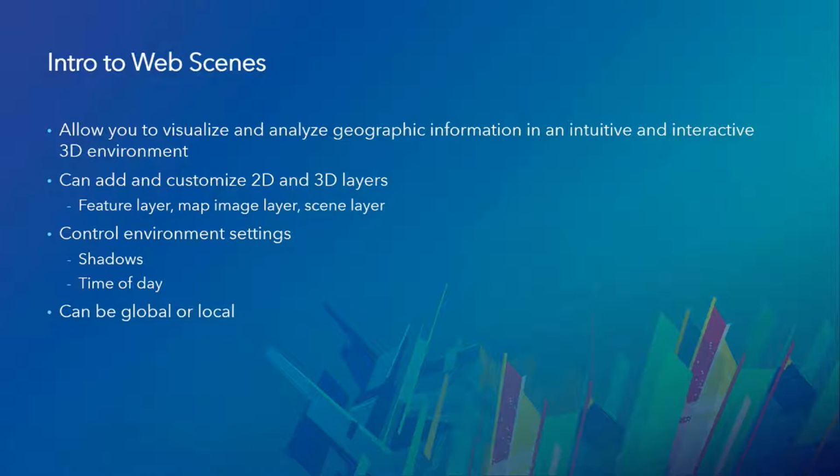And these web scenes are composed of all the layers that you're adding that are supported within 3D. So your feature layers, your map image layers, scene layers, elevation layers, WMTS layers, so there's the full swath. They contain, like I mentioned before, things that you set within the environment settings, like your shadows, the time of day. So let's say you have a building and you're a proposed building,